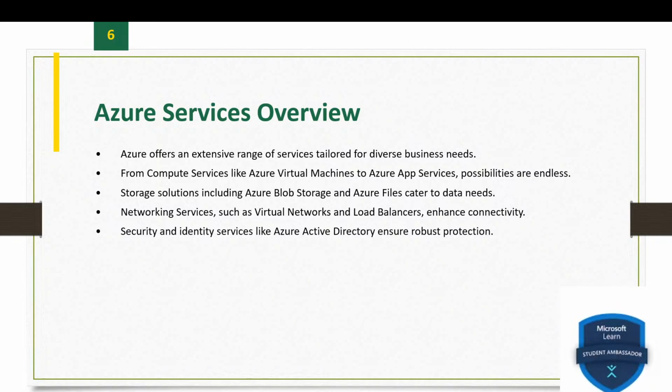Instances. And fifth one is AI and machine learning services. It includes Azure Machine Learning, Azure Cognitive Services, Azure Bot Services, and Azure Cognitive Search. And the sixth one is Internet of Things Services. It includes Azure IoT Hub, Azure IoT Central, Azure Sphere, Azure Digital Twins, Security and Identity Services,